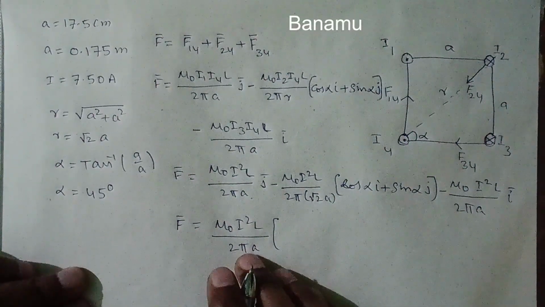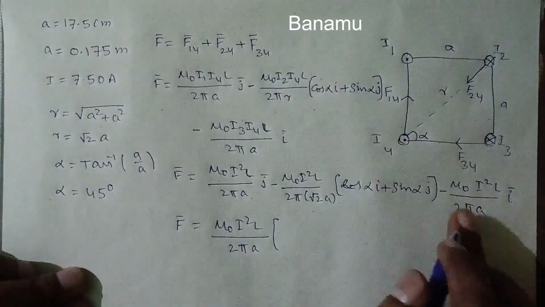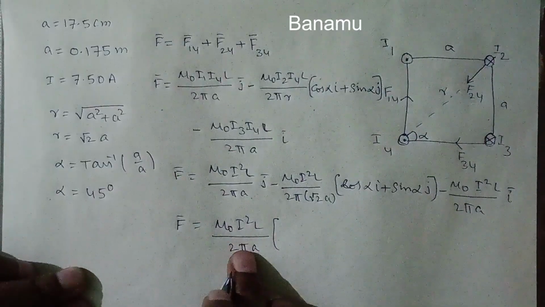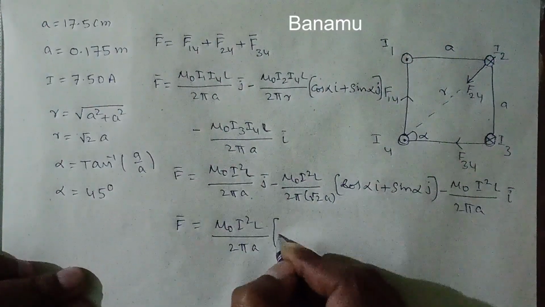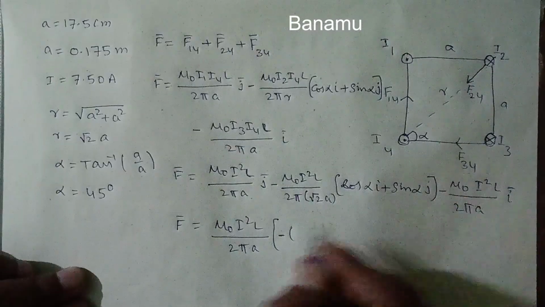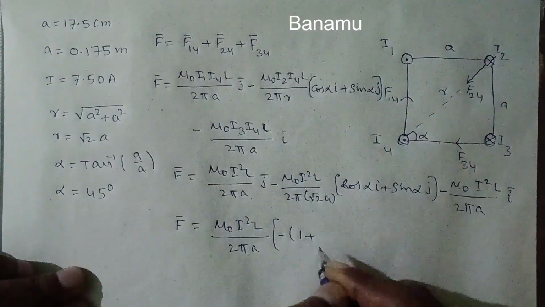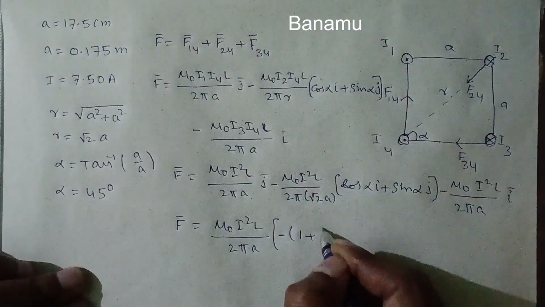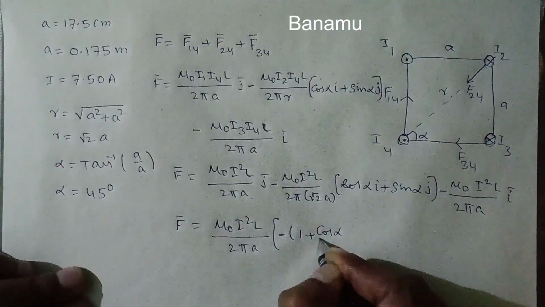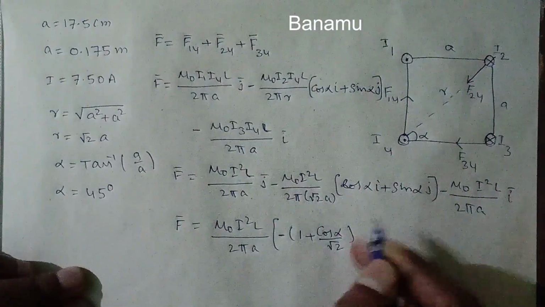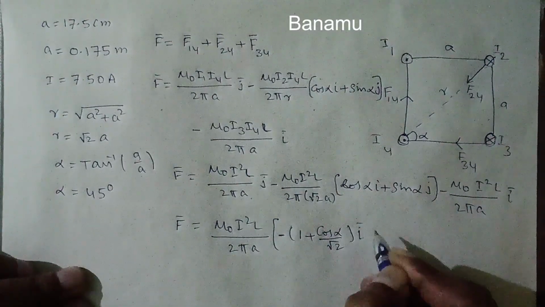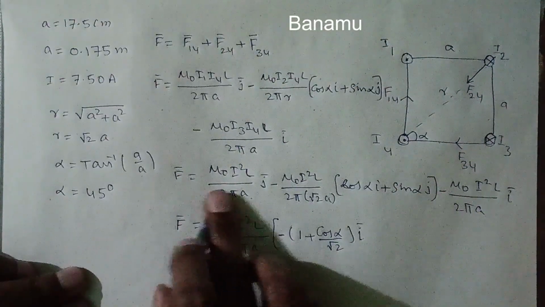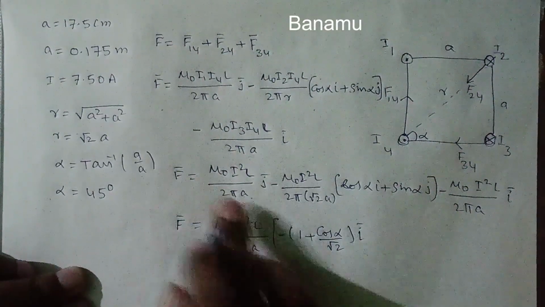Let us first consider the i components: minus 1 plus cos alpha by root 2 along the i direction, and the j components, plus